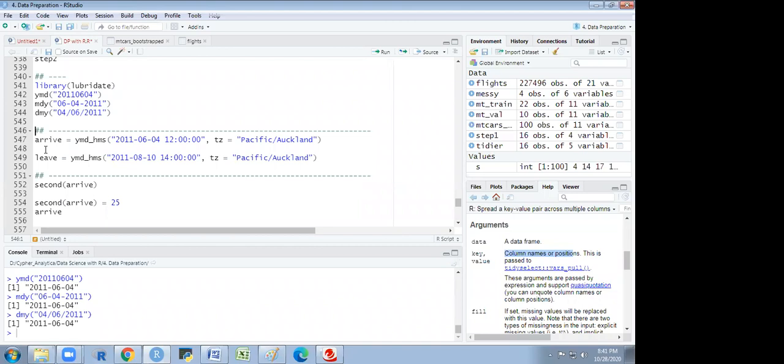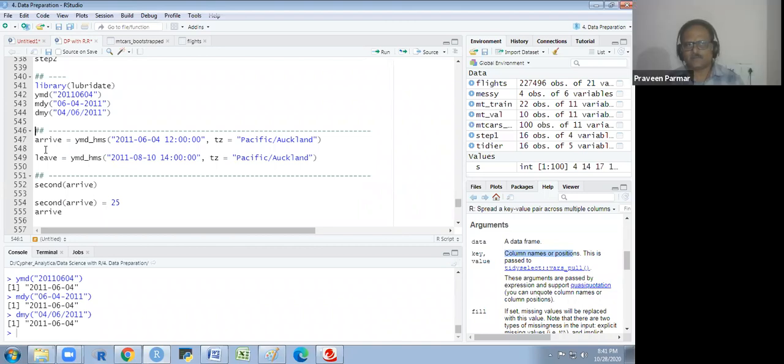Sir, it means manually we have to enter the dates? Yeah, manually we could enter. But sometimes we have a data frame with a different format. Then we have to run the library for that particular variable. Because in time series analysis, when you don't convert them into R format, then it will not work.